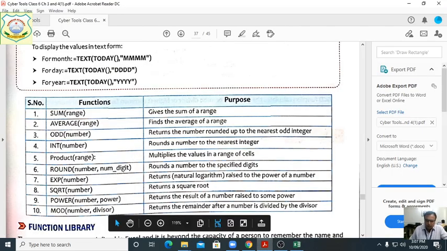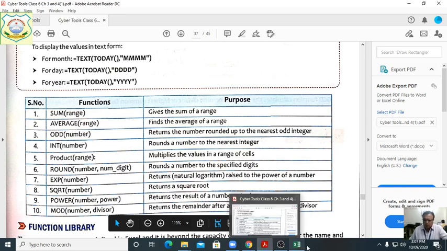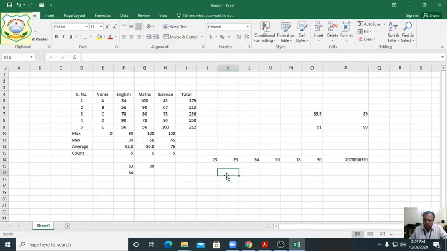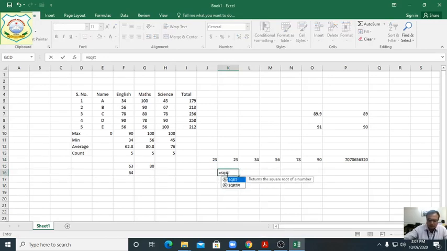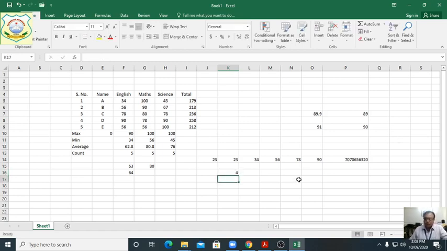Next one, rounded, you have already done, how to round it. Now we talk about square root. How can you find a square root? Equal SQRT, bracket, you want to find the square root of 16. 16 is the square of 4. See, the 4 will come. Square root is a mathematical term, students.